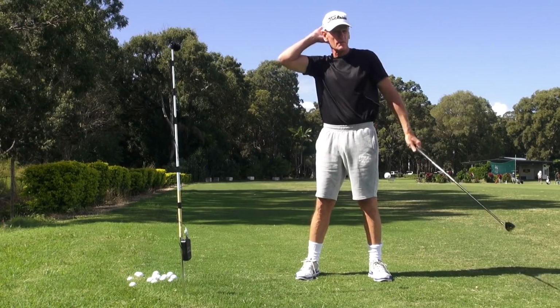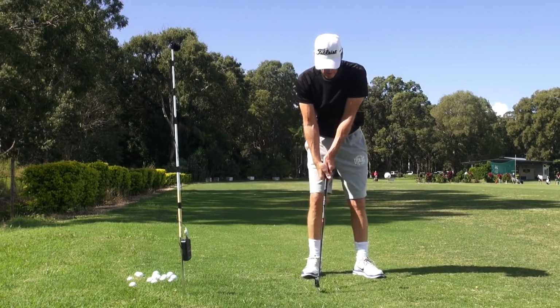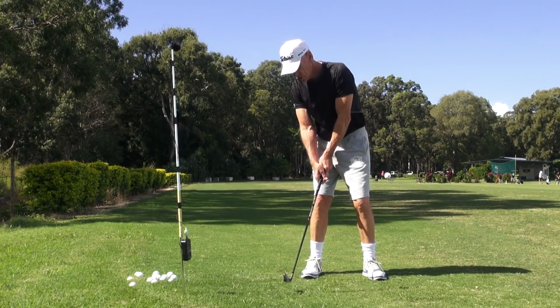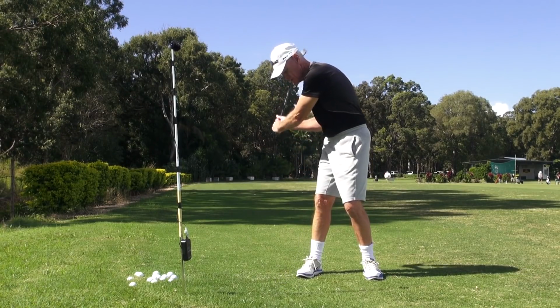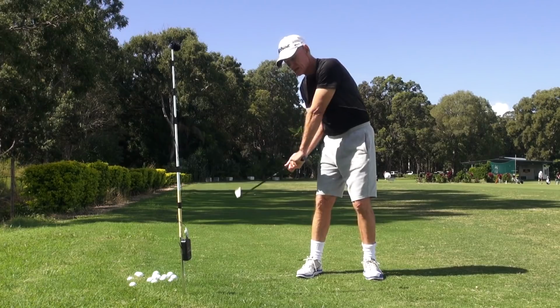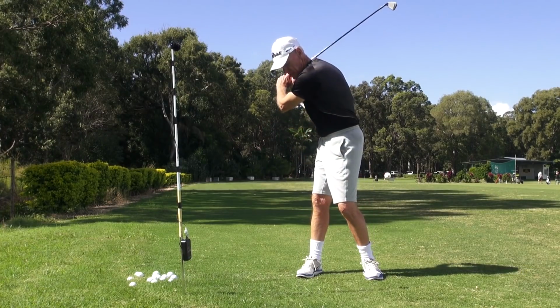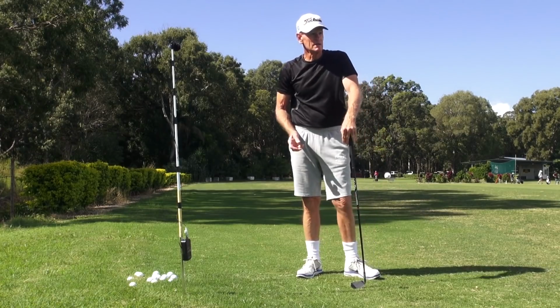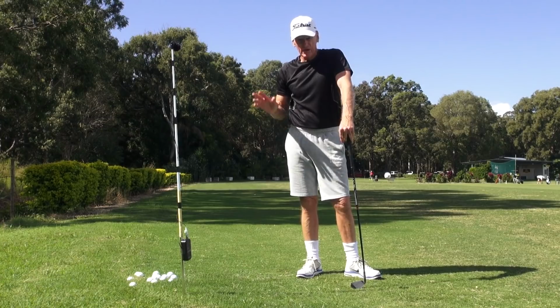And just do some slow-mos like this, Ben. This will really give you the feeling. Get it here. Just turn that foot out a little bit. Push the club back really slow. And then just feel that down fall. Get it to here and then just feel that club fall. Just get that feeling. If you can get that fall,